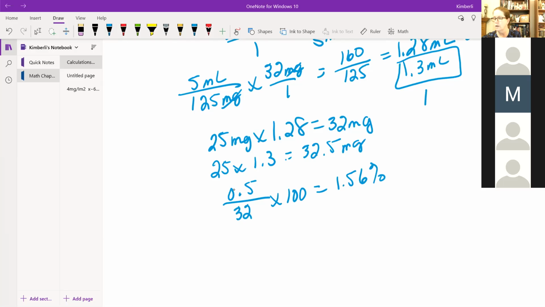Okay, so most of the time, if we're looking at something like this and we decide that this is as close as we can get to the prescribed dose and still be able to do it accurately, and our percent of error is less than, say, 5%, and this is not something that they go on and on about at the hospital, but this is what I've heard from other sources. If it's 5% or less, it's usually considered correct. And it depends on the drug though. Some drugs you can't go off by 5%. Okay, but here we're only off by 1.56%, so it would be perfectly acceptable to round,